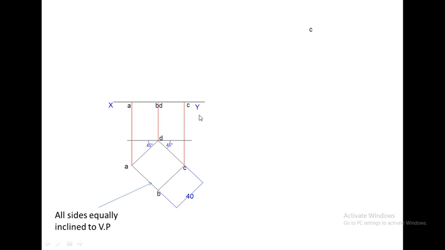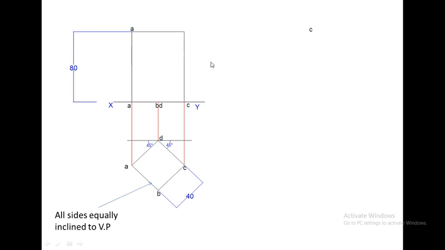Now in the next step, we will mark the height of the square prism, which is given as 80 mm. So this is the height of the square prism and this is the first vertical edge of the square prism. Since the prism is a square prism, there will be four vertical edges, that is, the vertical edges passing through A, B, C and D. Also there will be four rectangular faces in the lateral surface: face A to B, face B to C, face C to D and face D to A. So we will now complete the rectangle in the front view.